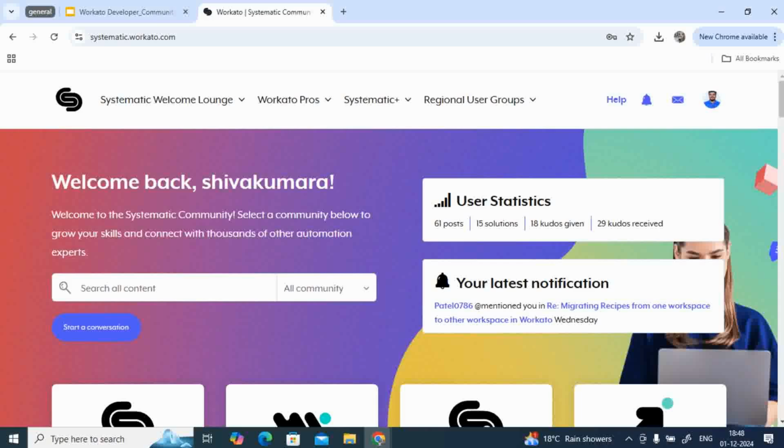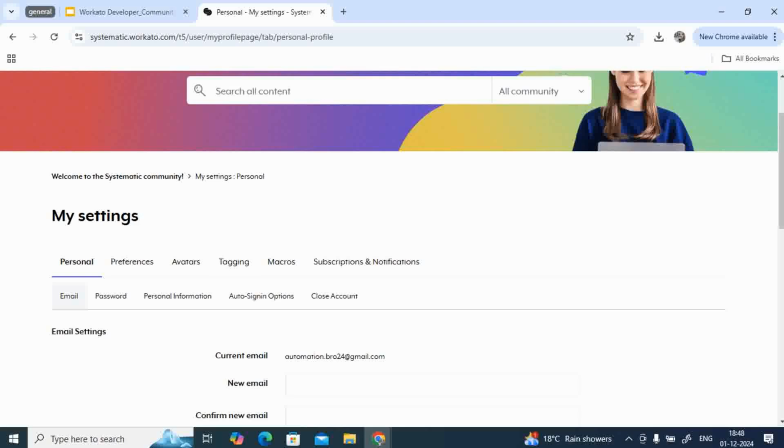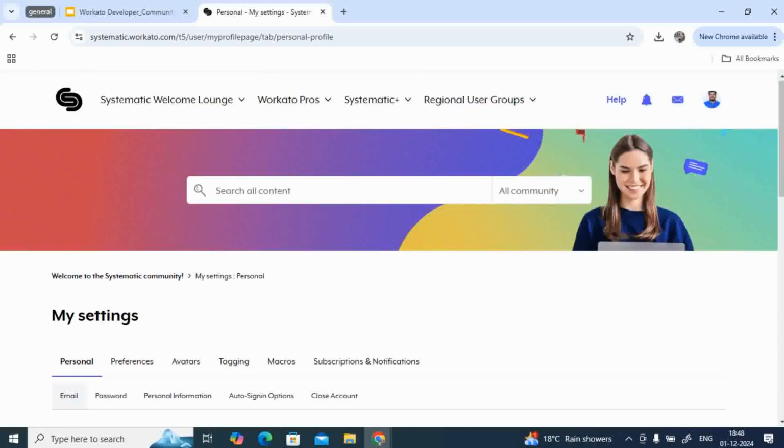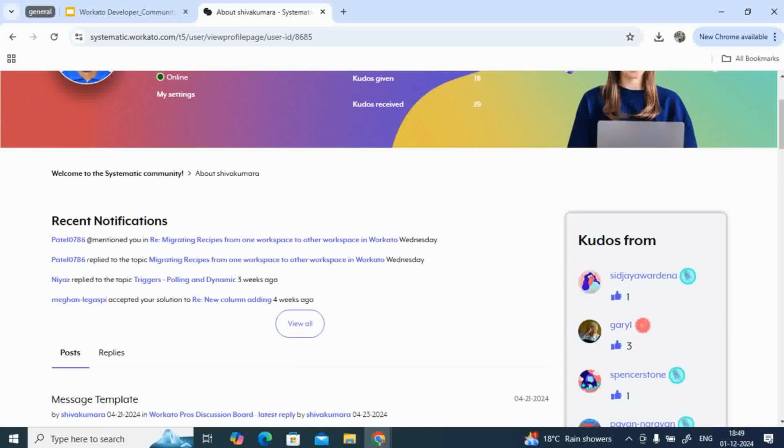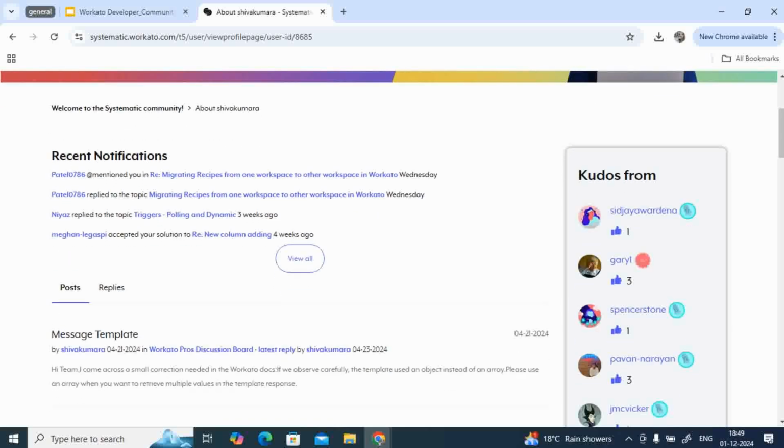Once I log in to this page, you can see my icon. You can set up your profile, your icon, everything. Before that, you can go to the settings. Settings have everything, for example the email ID you can choose, and you can go to the profile to change your icon. This page also shows the recent notifications you have received. For example, if you have posted something and anybody gives a reply to that topic,